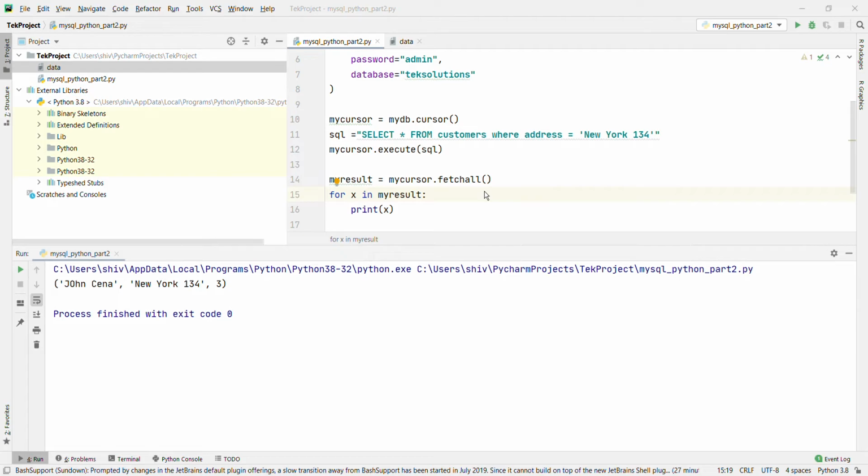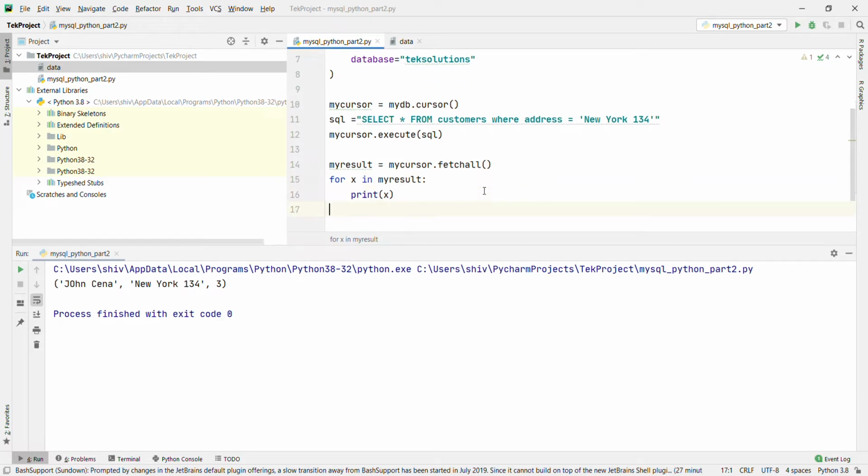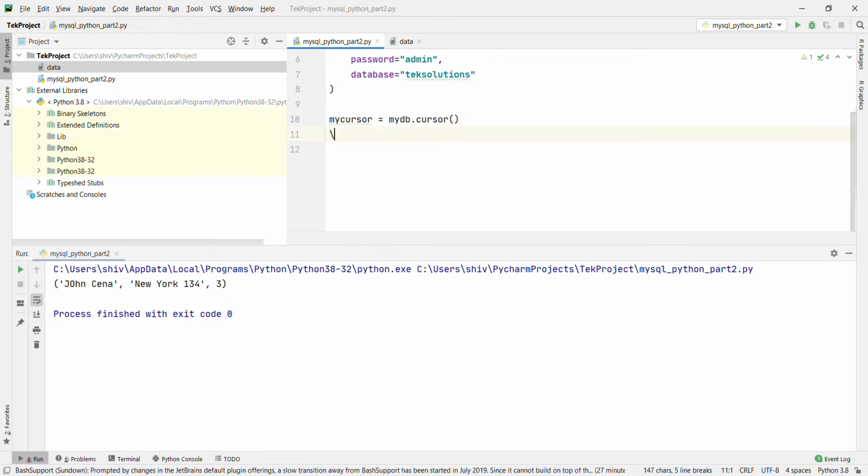Now I am going to show you wildcard characters. You can also select the records that start with, include, or end with a given letter or phrase. Use the percent sign to represent the wildcard characters. Now I am going to delete this one and use select with the wildcard: select star from customers where address like percent.